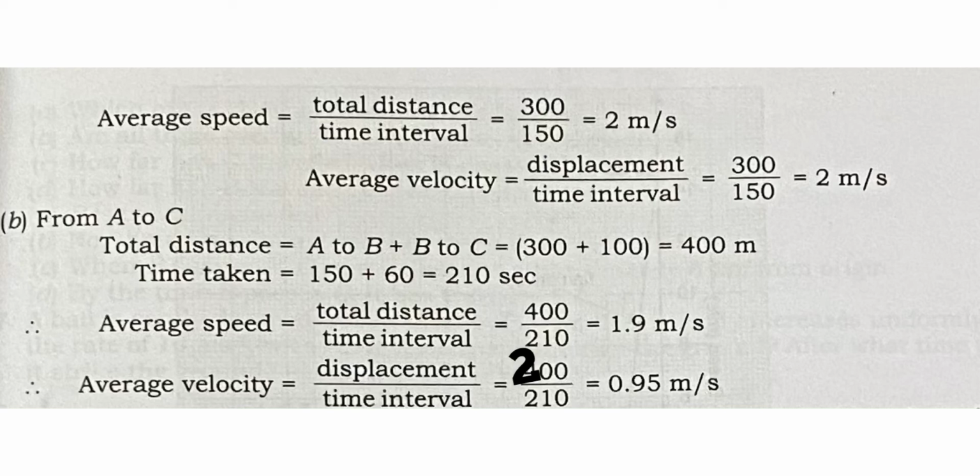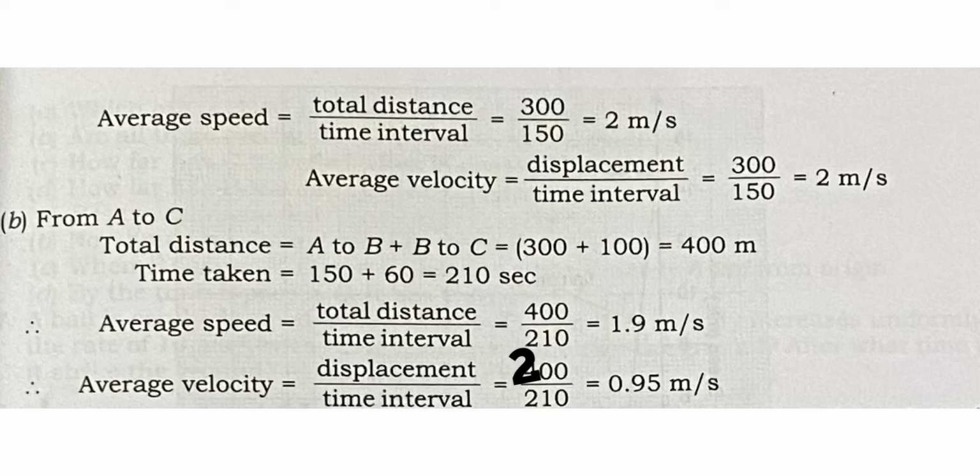Now we will calculate for A to C in the same way. When he is moving from A to C, the total distance covered by him is A to B and then B to C. A to B is 300 and B to C is 100. So total distance is 400. And total time taken is for A to B 150 seconds and for B to C it was 1 minute, and we know that 1 minute is equal to 60 seconds. So 150 plus 60, that is equal to 210 seconds. So average speed is equal to total distance upon total time, that is 400 by 210, that is 1.9 meter